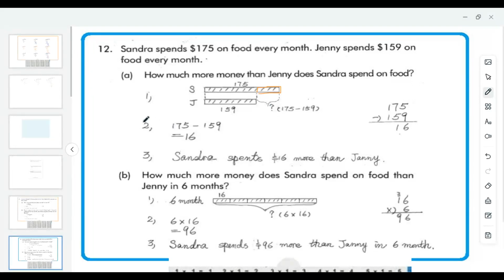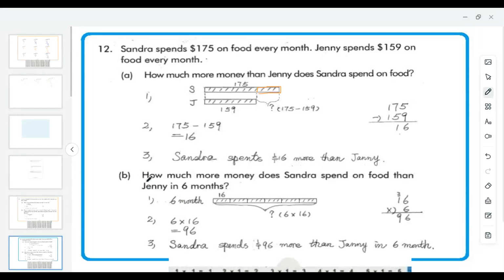So second step, we can write it down here. 175 take away 159. And we work it out here. We get the answer is 16. Then we write down here 16. Third step, we're going to write a word answer. Answer is Sandra spends $16 more than Jenny. Okay? Now,